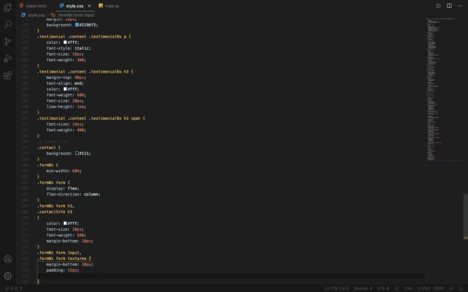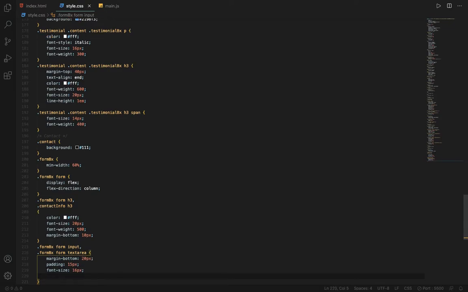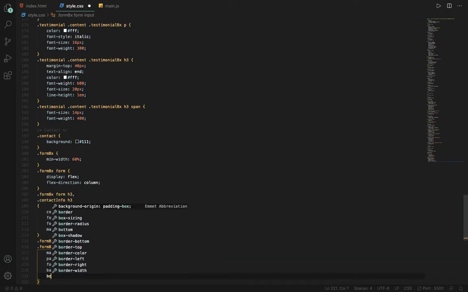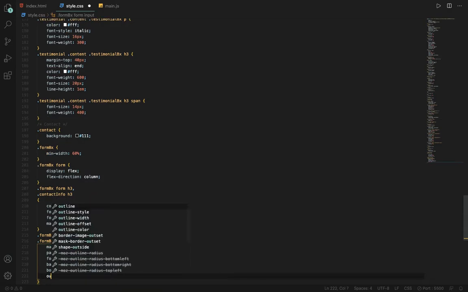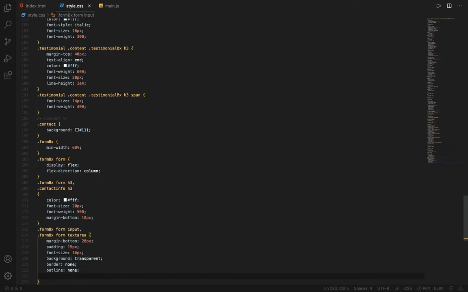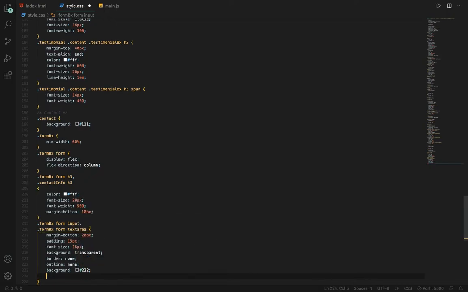After padding, let's add font size of 16 pixels. Then the background is transparent. Now I will also say border none, outline none, and then I will also change the background. So the background I will change to is, let's say, #222, and I will change their color to white,